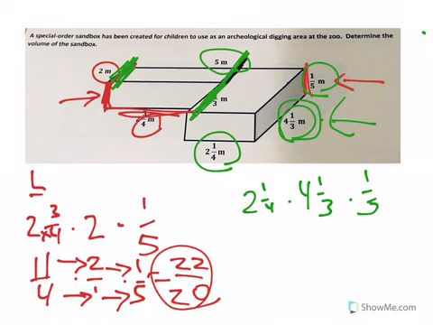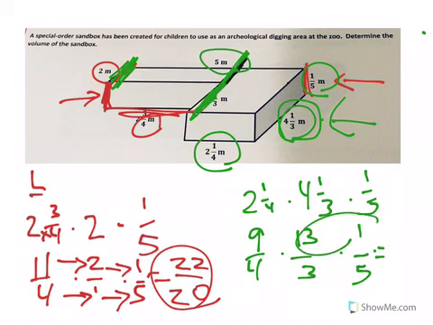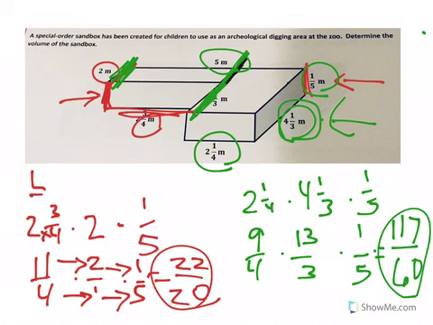Okay. So we're going to then convert these. 4 times 2 is 8, plus 1 is 9. So we have 9/4 times 3 times 4 is 12, plus 1 is 13. Denominator stays the same, 13/3 times 1/5. Let's say 13 times 1. We'll do that first because that's just 13. And then 13 times 9 gives us 117. We have 4 times 3 is 12, times 5 is 60. We have 117 over 60,